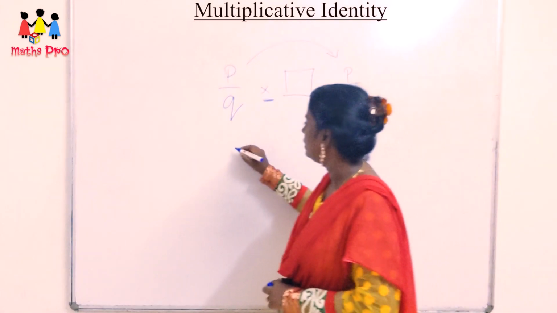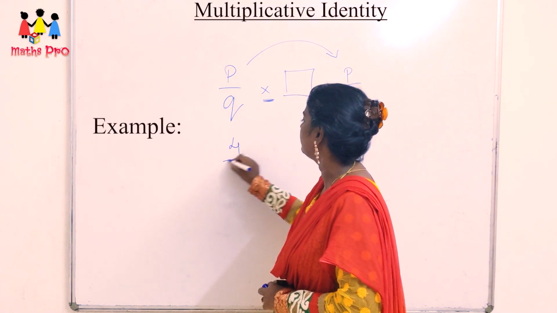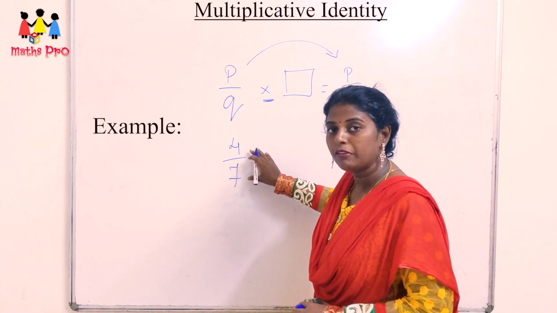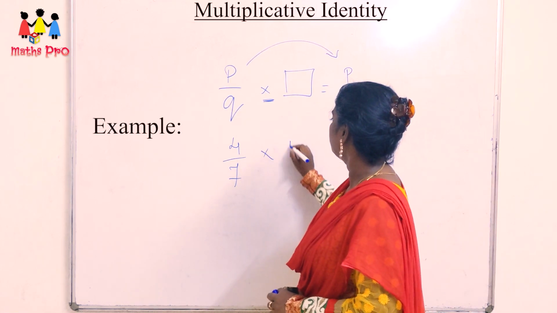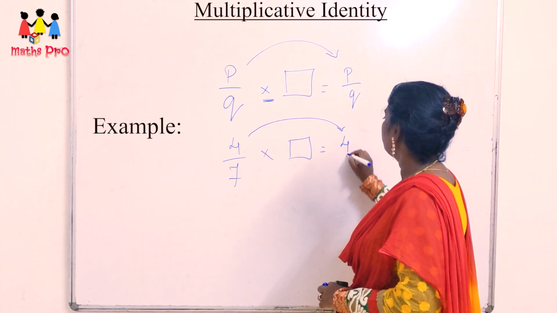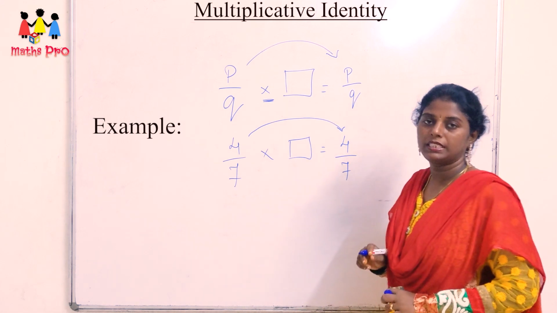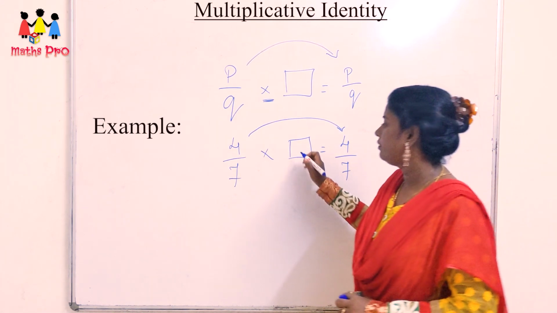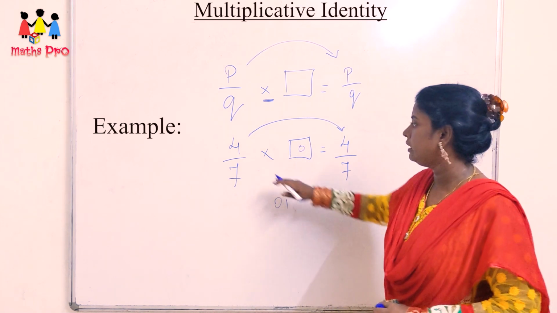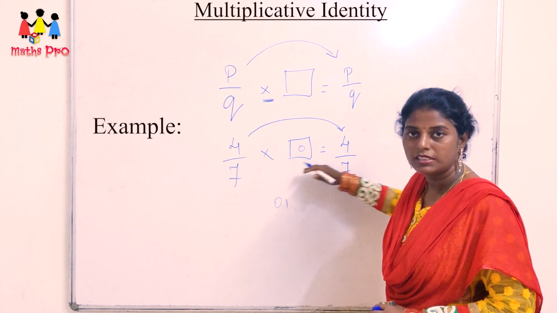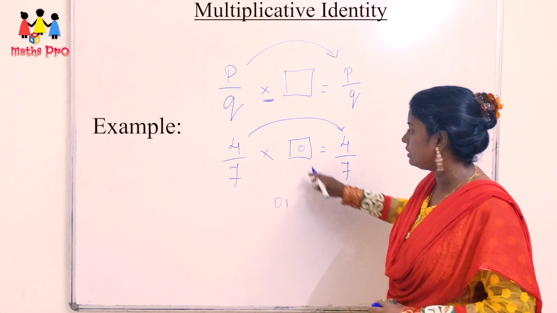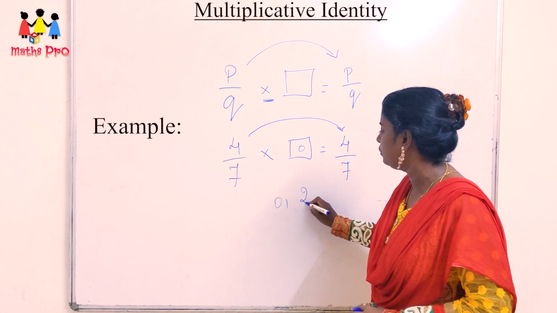For example, 4 by 7 is a rational number. If you multiply 4 by 7 with some number, it gives the same rational number 4 by 7. Okay, if I put 0 in the box, then the product of these two terms is 0, so I can't get the same value as 4 by 7. So instead of putting 0, if I put 2 here,